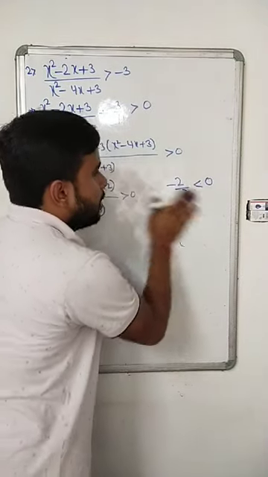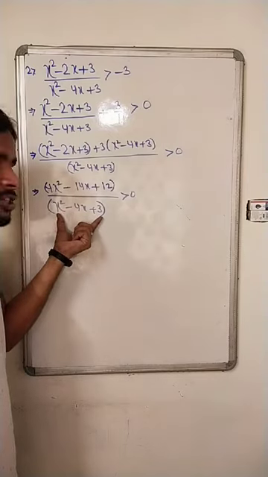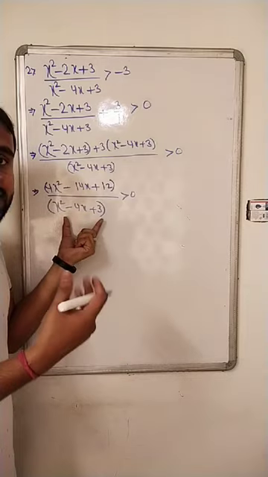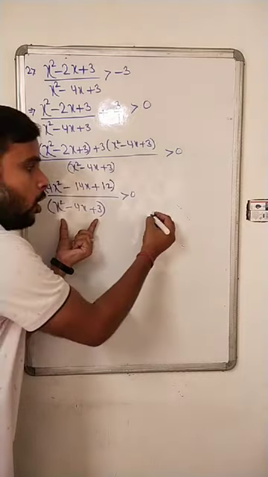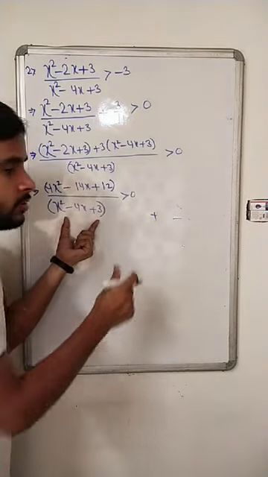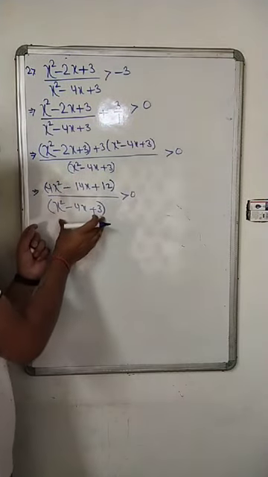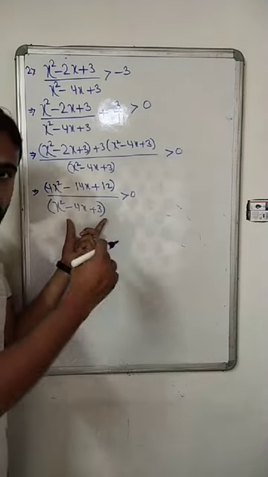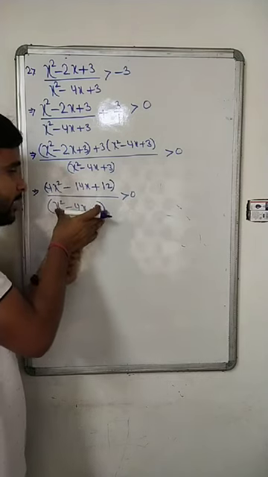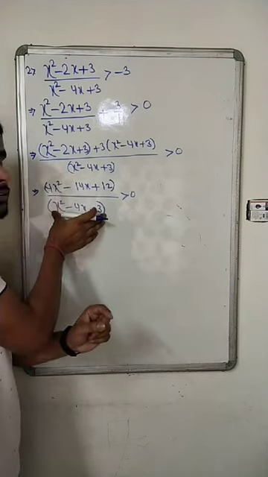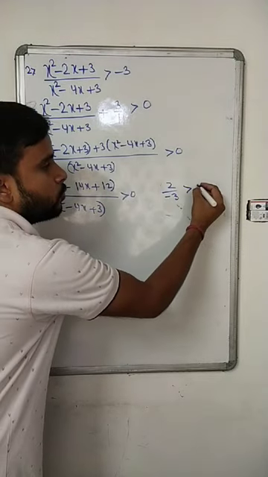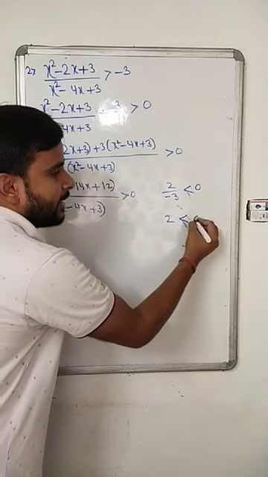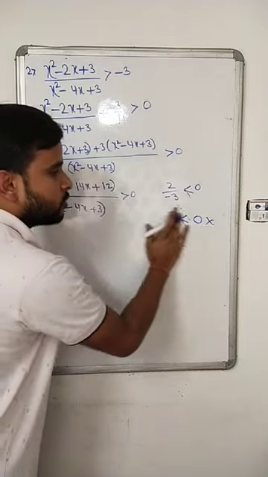False. So here I cannot cross multiply because this expression which I am cross multiplying is unknown for the values of x. I don't know the exact value of this expression, whether it is always positive or always negative, that I don't know. So as we don't know that, I cannot cross multiply, because if the number is negative, then the condition will not be true. Clear? If you cross multiply a negative number, 2 is less than 0 is not true. So that's why I'll avoid this.